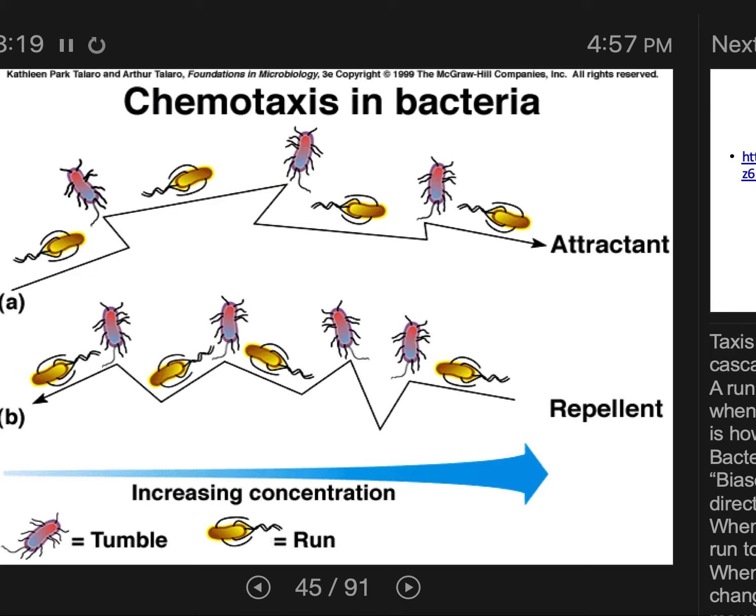So to break this down, you can think of it this way. Favorable conditions are going to be when attractants are high and repellents are low. Any favorable condition is going to cause a run or a straight line movement. And the idea is if the bacteria has been moving in a good direction, it should keep going in that direction. If the environment becomes worse,